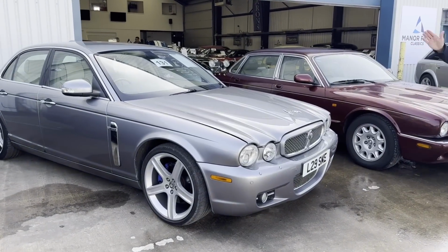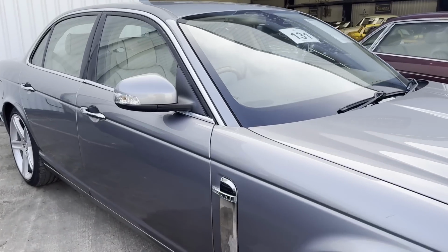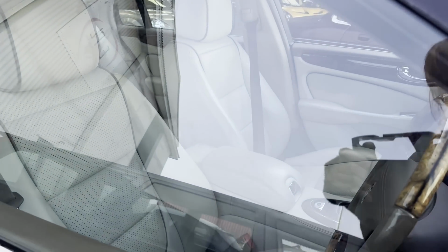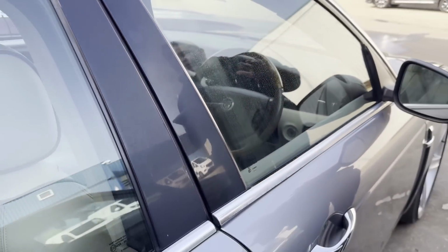3 former keepers, lovely condition. Have a look at the interior, see what you think in there. Bodywork's good, paint's good, it runs well, it drives well. Now, it failed an MOT on 2 rear bushes and a link pin with no advisories. So the work will be carried out the week after the auction. So at the moment, if you check it, and I always advise you to check the MOT history on every car you buy,